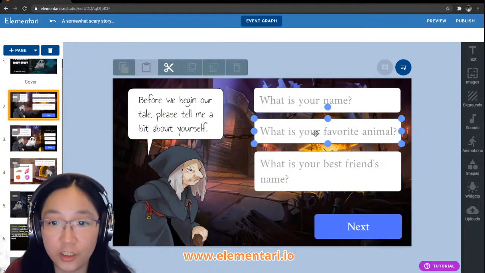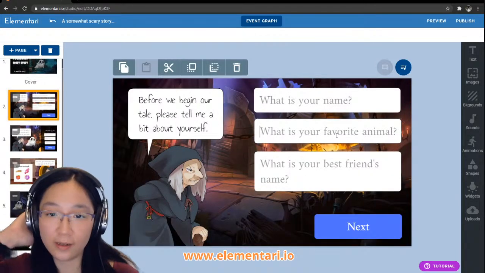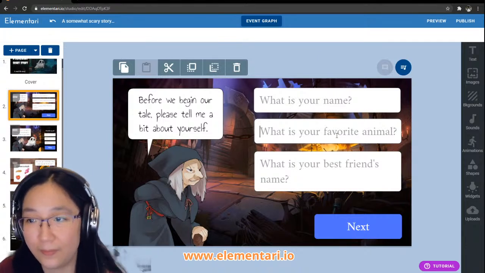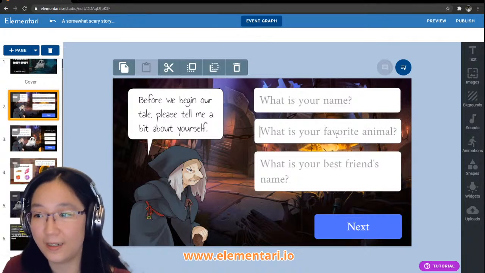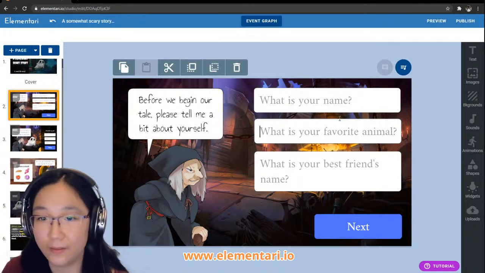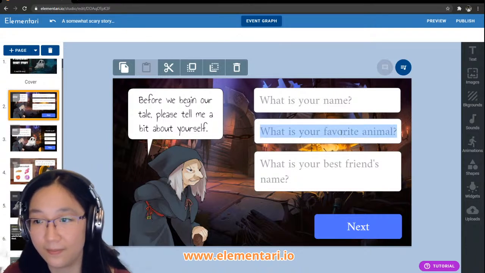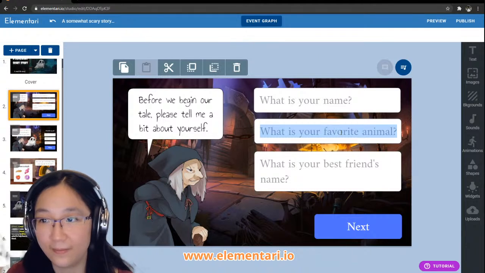Do we want to change the animal question to a different question and then use that in the story? Or we want to use animal somewhere in the story? Do we want to change this question to something else? What's your favorite plant?